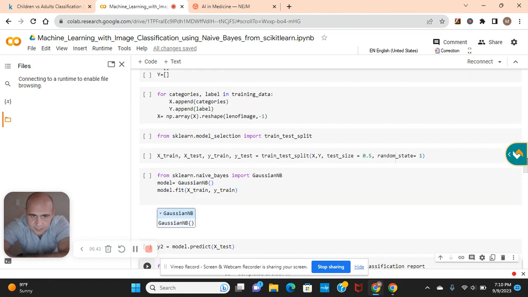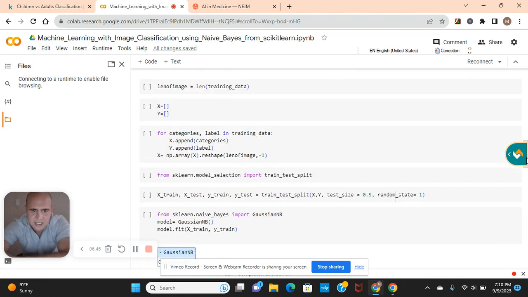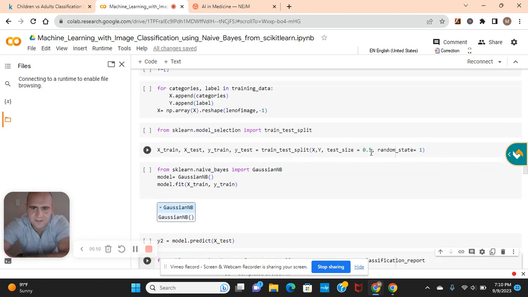Hold on. And then we're going to use the train test split function from scikit-learn. If you guys want to use a different test size, feel free. The reason why I like the naive Bayes classifier on tabular data, and in this case the image data,